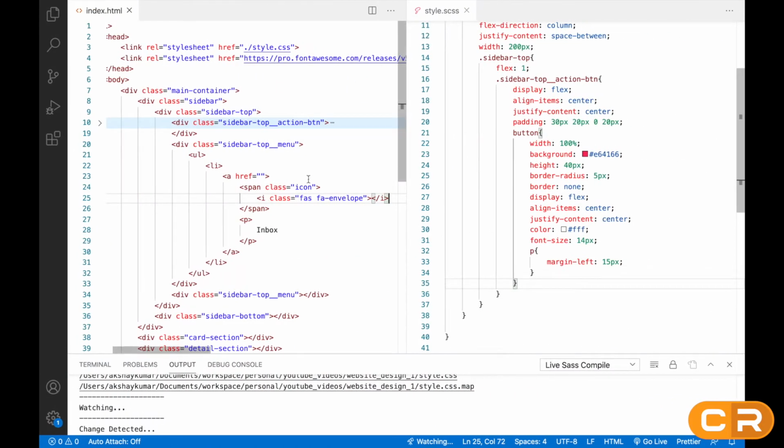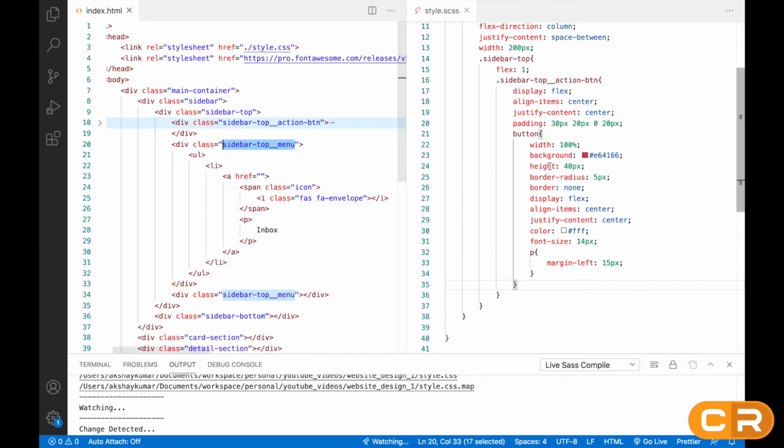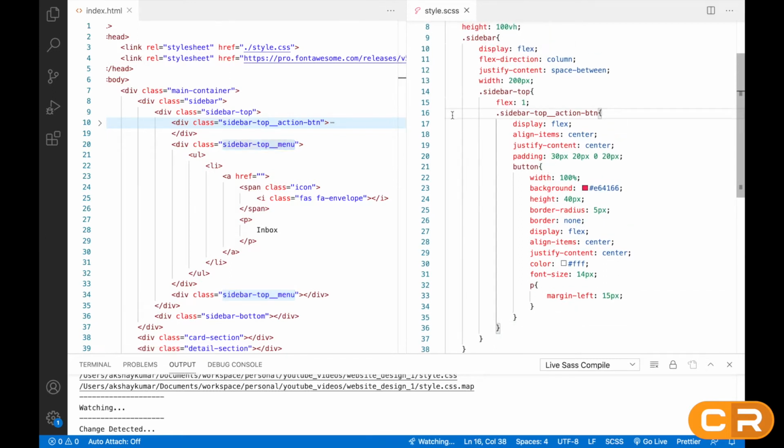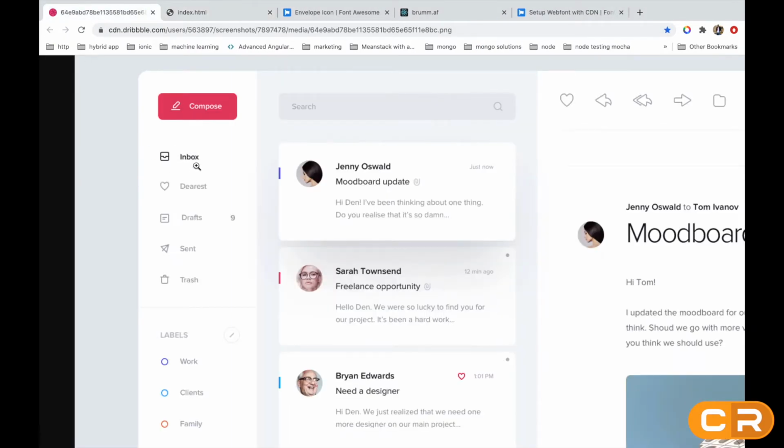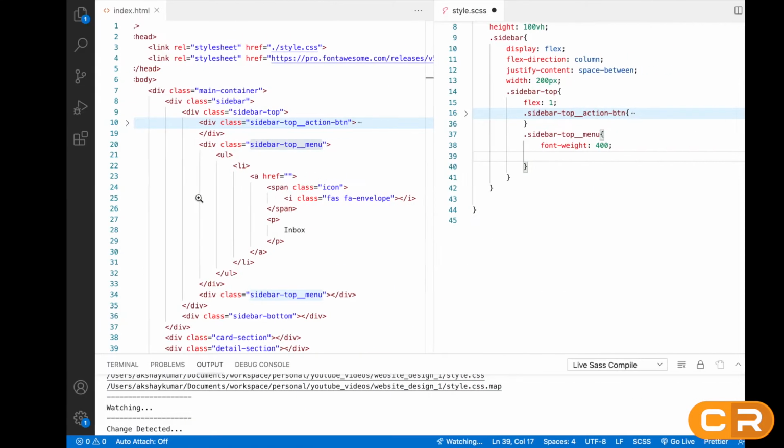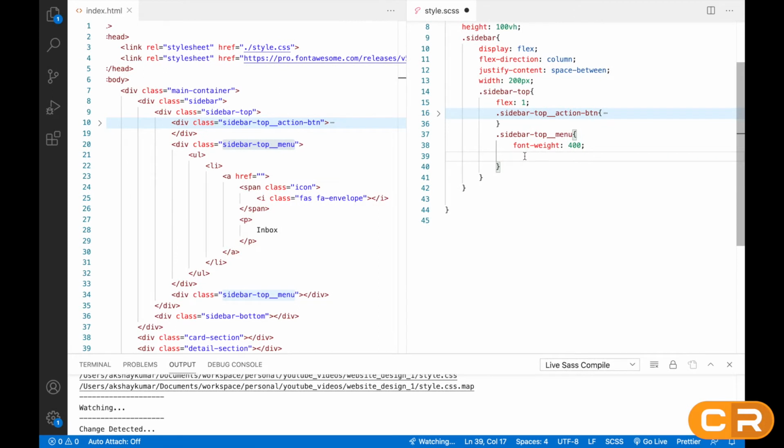So let's style this one. So I will copy this class and I will close this section here also. So after this, I will just paste this sidebar top menu, and here I will write font weight, that will be 400, right? Like these menu items are a little bit boldish, right? So that will be 400.